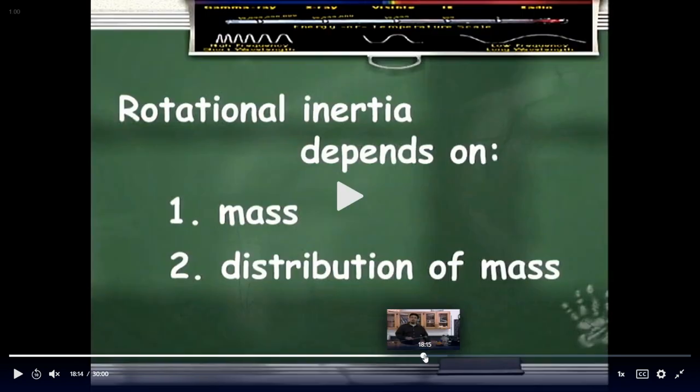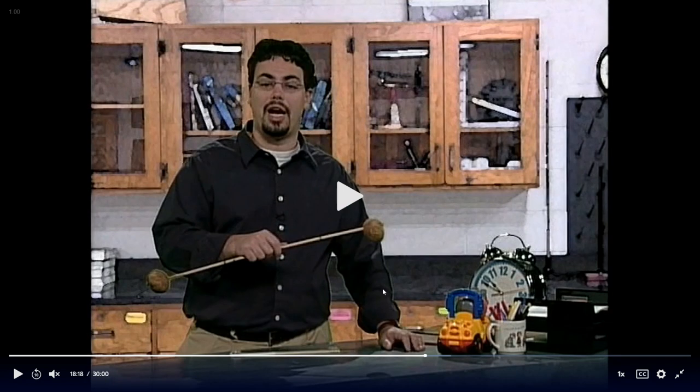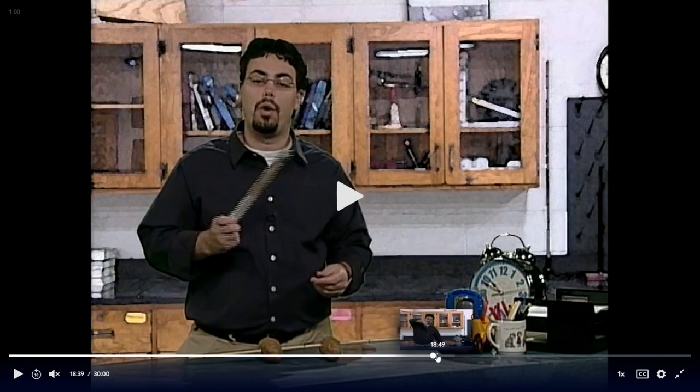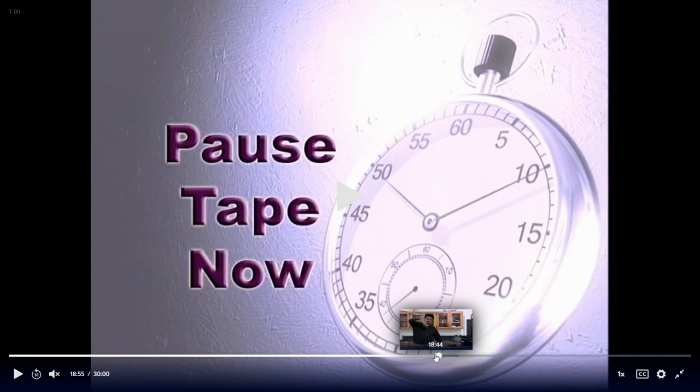In this, he basically has two potatoes that he stuck onto a meter stick. He rotates it back and forth, and then he takes a second one where the potatoes are much closer towards the center where his hands are, and then rotates it again. It's much easier to do. So